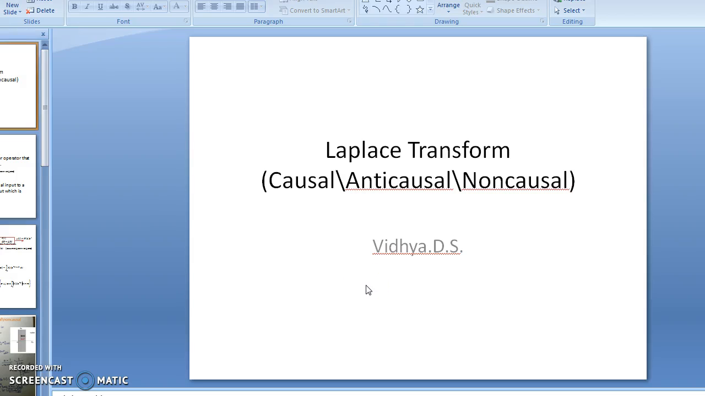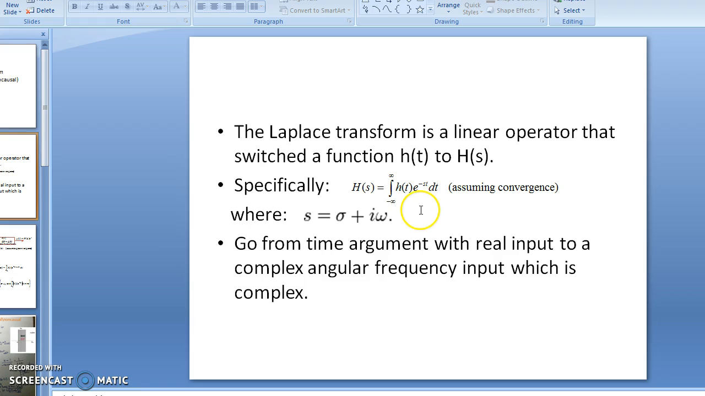Myself, Vidya. My topic is causal, anti-causal, non-causal of a system in a Laplace transform. The Laplace transform is a linear operator that switches a function h(t) to H(s), where H(s) is given by